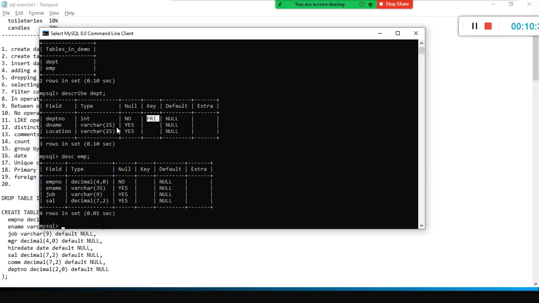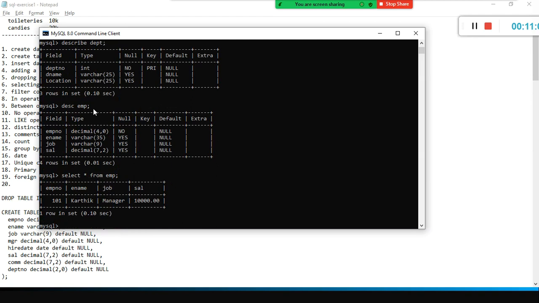You can store 25 letters in this one. Here you store 25 letters, and then whether these columns can be left blank, yes, but this column should not be left blank. That's what we defined. By default it is null, but since it is a primary key, it will not allow you null here. Okay, so fine. Now you understood how to view the structure of the table. Now, if you wanted to see the content of the rest, select star from EMP. That's it, very simple.